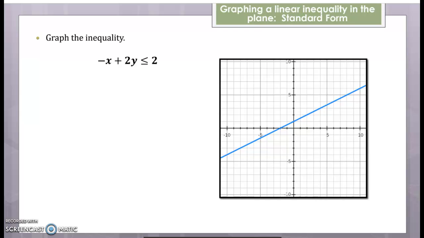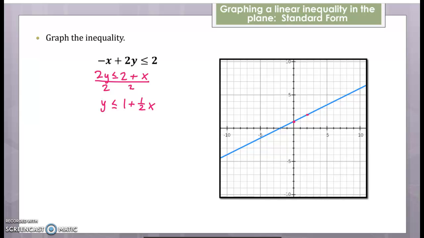And we do that by adding x to both sides, so we get 2y is less than or equal to 2 plus x. And then we can divide everything, both sides, by 2. So we get y is less than or equal to 1 plus 1/2 x. So we have a y-intercept of 1 and a slope of up 1 and over 2, and we draw our